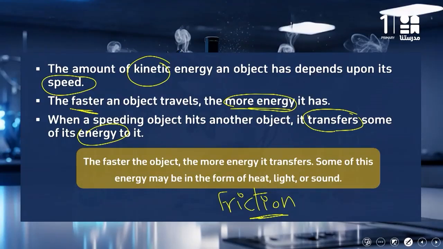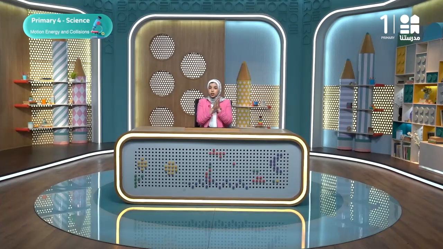As we said, collision is when two objects hit each other. Look, they are two objects touching each other. And as we said before in the other concept, when two objects touch each other, a type of force will be produced between them, which is the friction force. An example for the friction is rubbing hands. When you rub your hands in winter, of course, your hands will be warm. There is thermal energy here as a result of friction force.